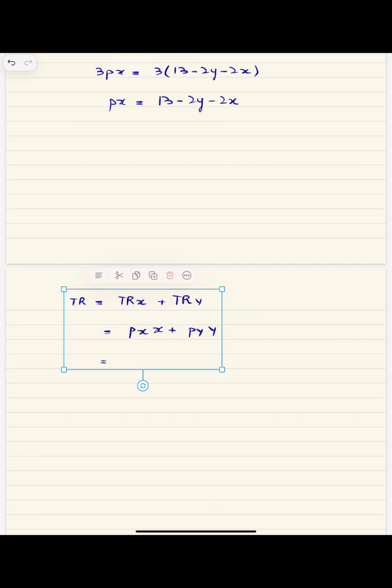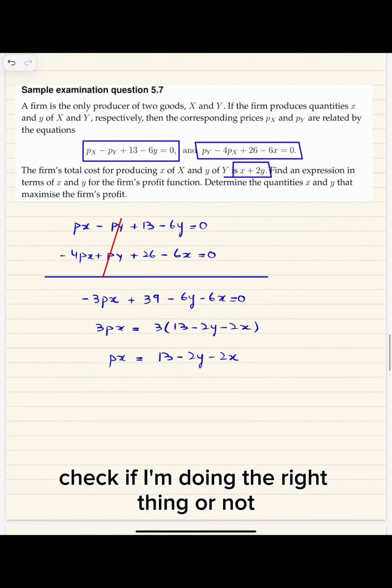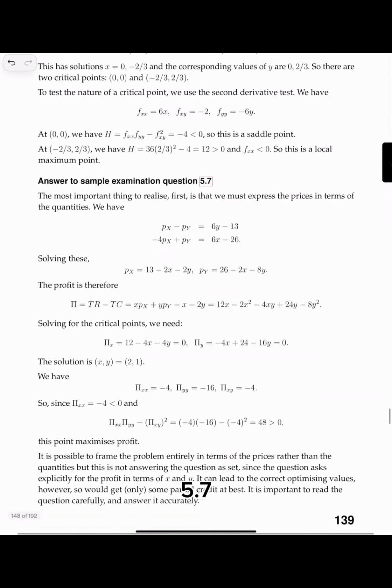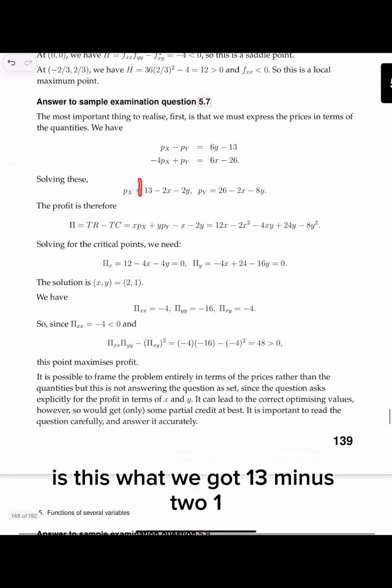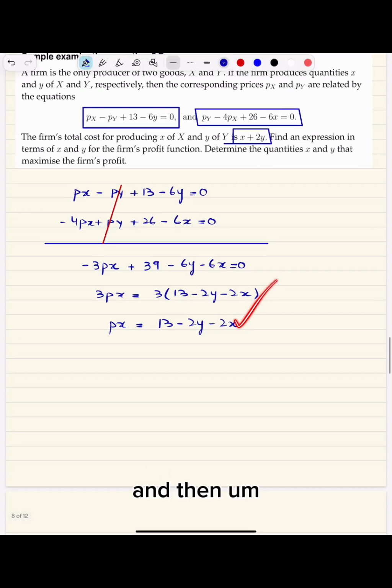Okay. Before I proceed, I should probably check if I'm doing the right thing or not. 5.7. Is this what we got? 13 minus 2y. Oh, yay. Yeah. And then